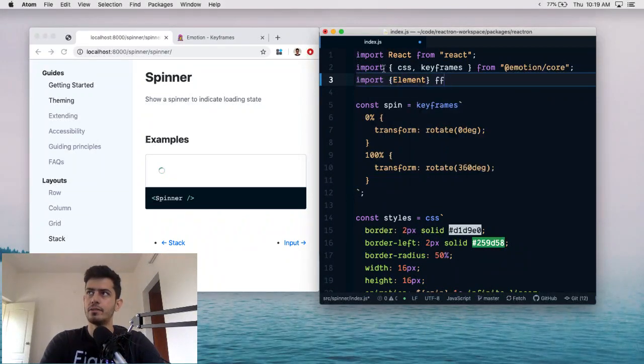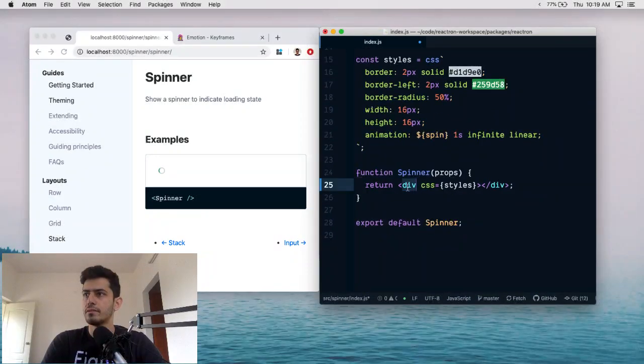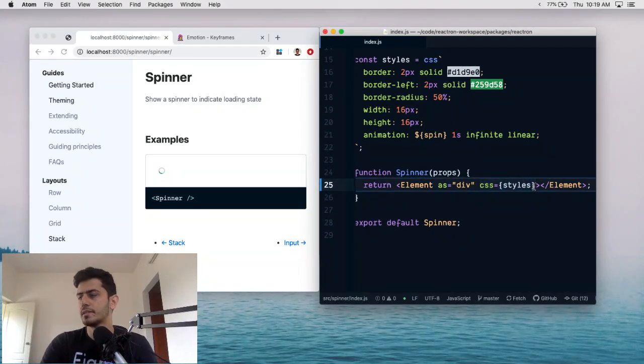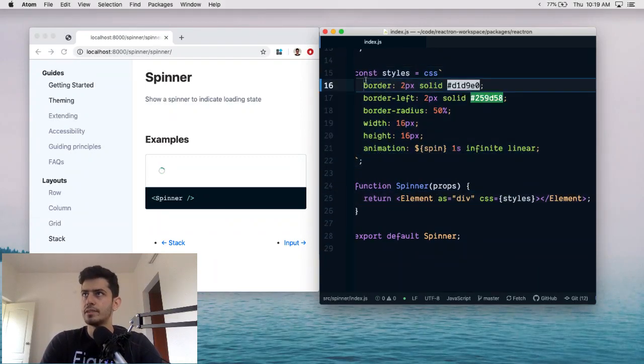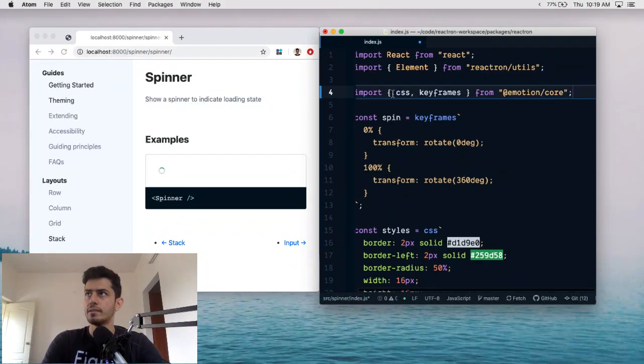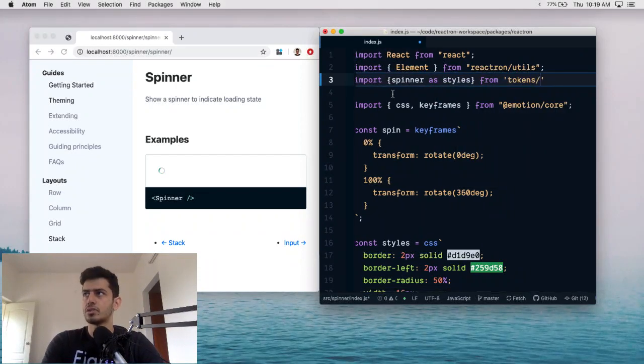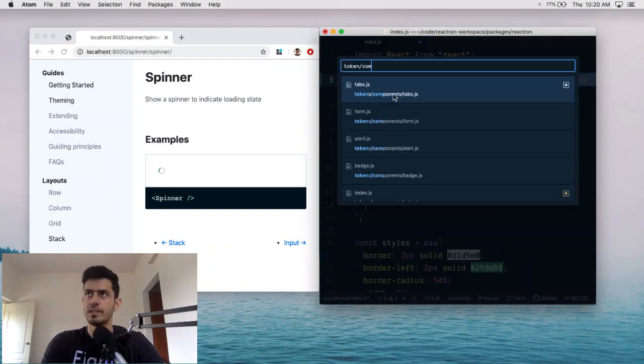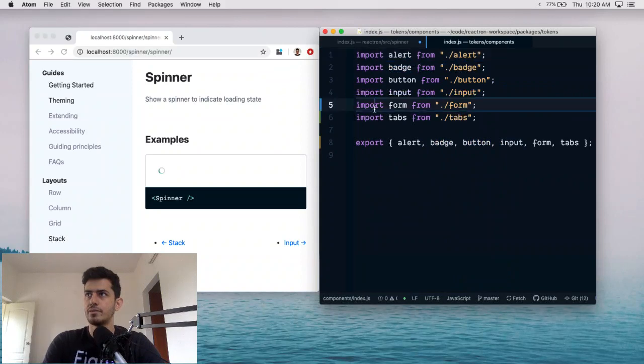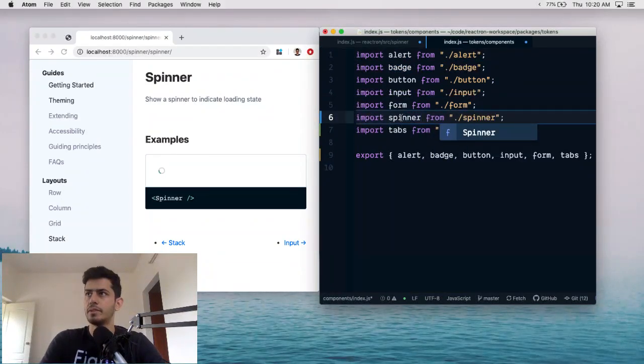So we're going to import element from Reactron utils, and it's going to live here. So element as a div. With this we're going to make these changes gradually so that we see things are still working. This still works, and I want to move all of this into the styles for this. So import, I want to say spinner as styles from token/components, and then we go to token/components. We need to create one here, so import spinner,